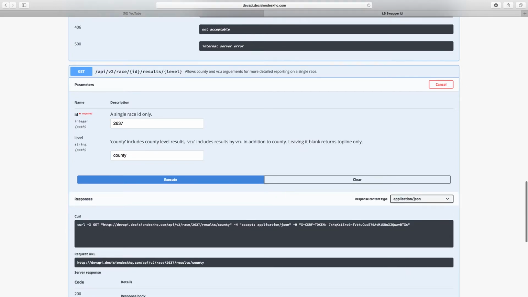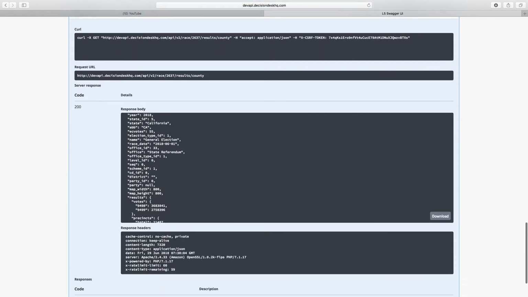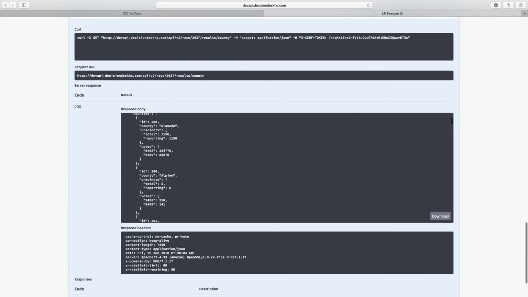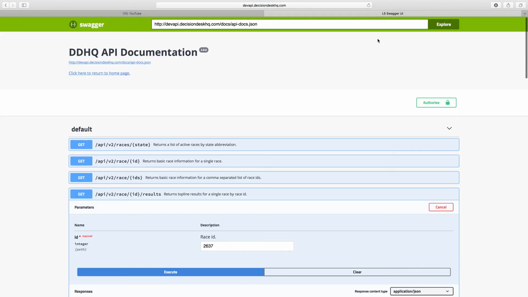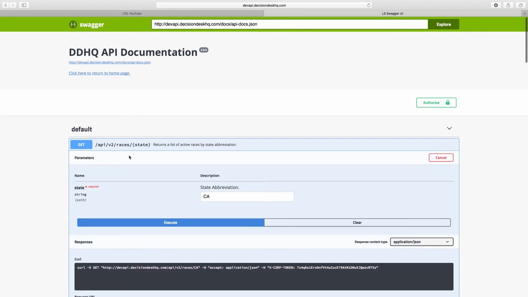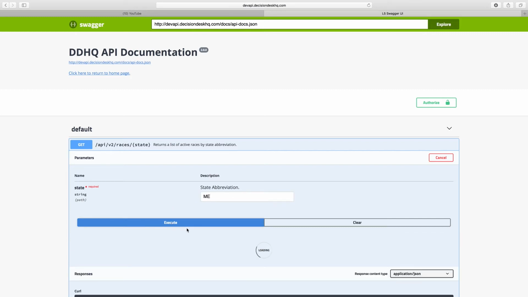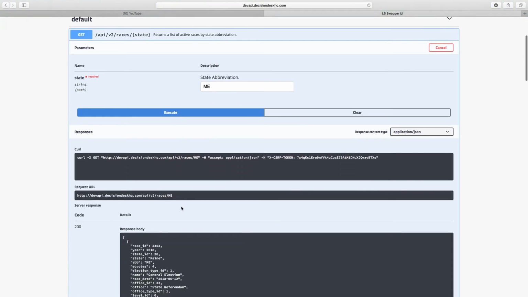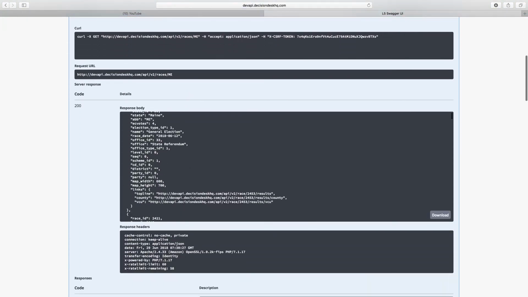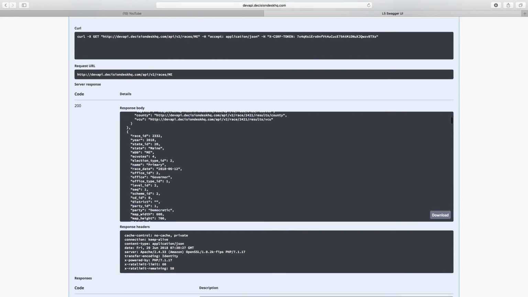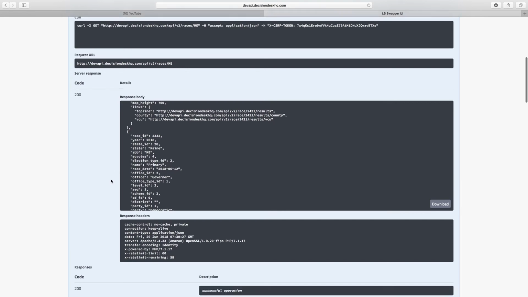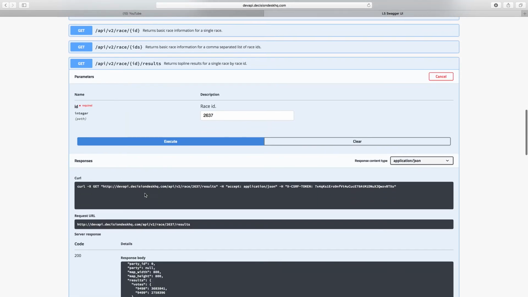Now the results goes down into the counties, and it's the same for VCUs too. So if I were to look up Maine, for example, it is a great one to demo the VCU endpoint. So here's all my races for Maine. And it doesn't really matter which one. I'm going to pick a smaller one because, well, I don't guess it matters. 2332. So you scroll down here,